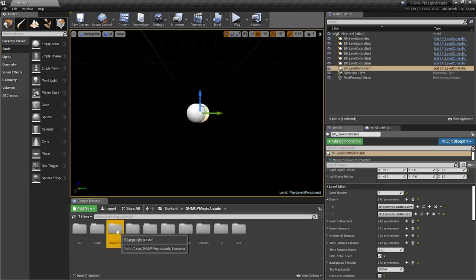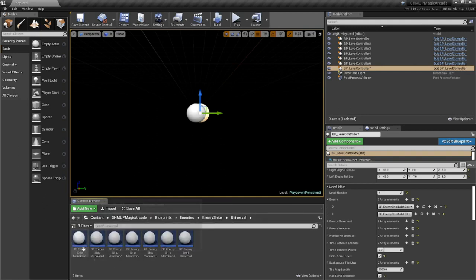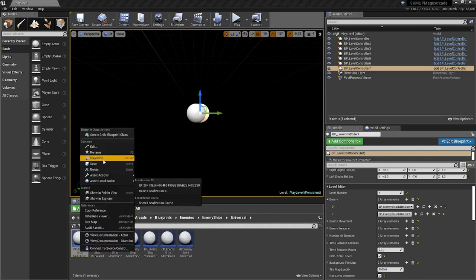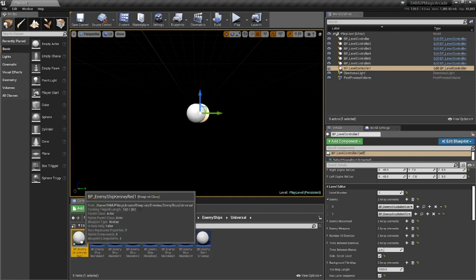Now if you go into the blueprints folder, into enemies, enemy ships, universal, we're going to be using this Manaloon 1 as the base. So right click on that and click duplicate. Rename that to BP enemy ship Kenny Red 1. Open the blueprint,